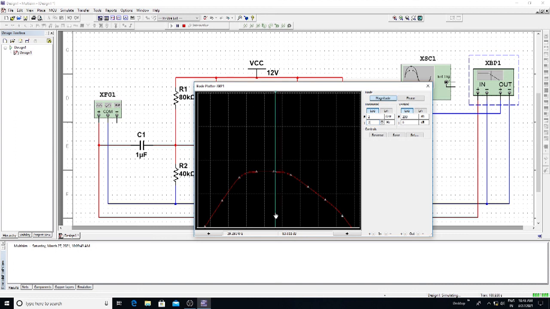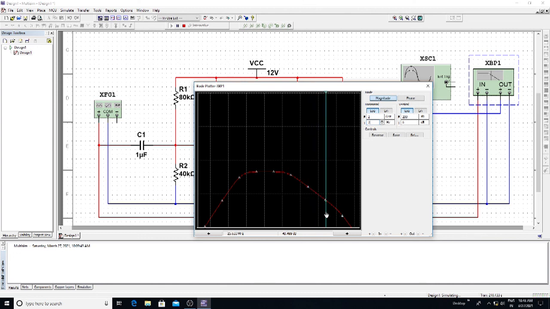Next point: 334 kilohertz and gain is 77.65 dB. Next point: 2.648 megahertz is a frequency and the gain in dB is 59.